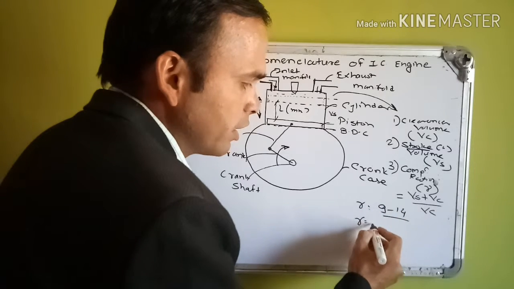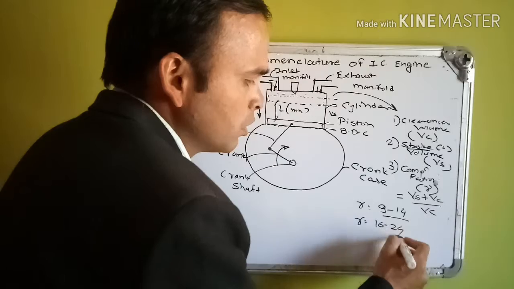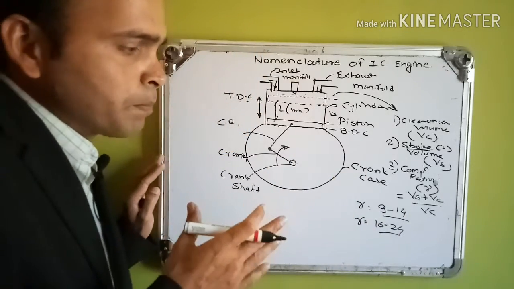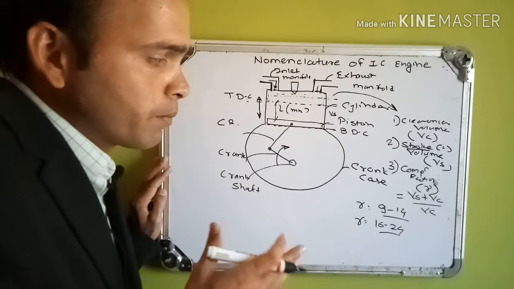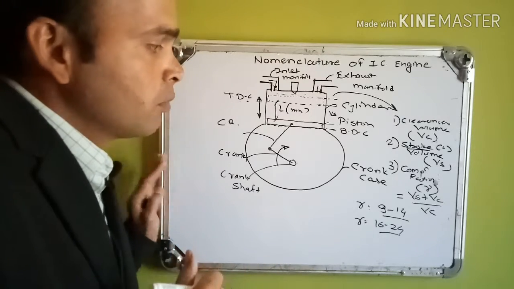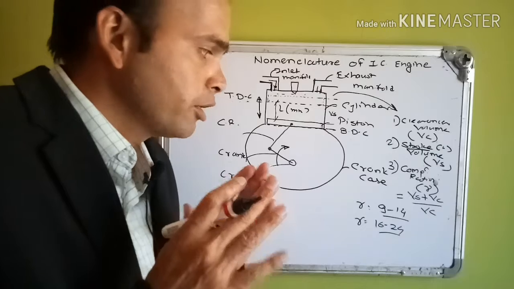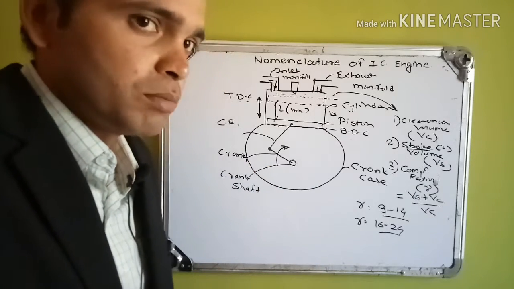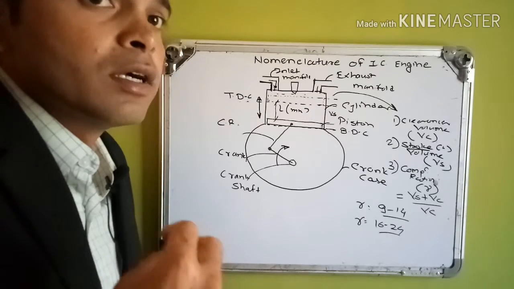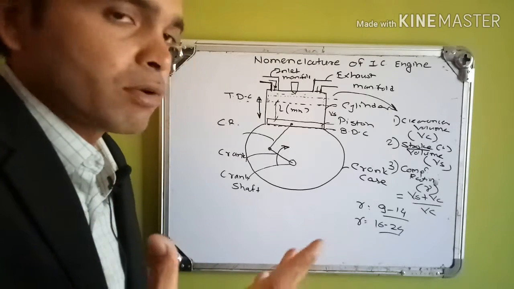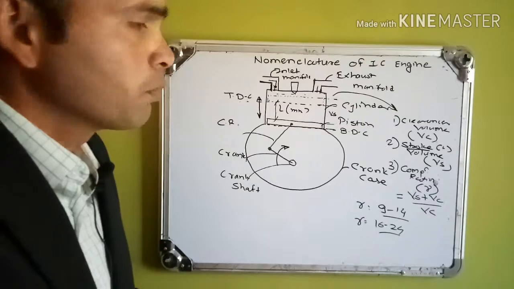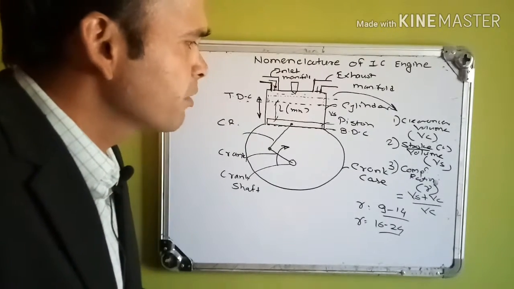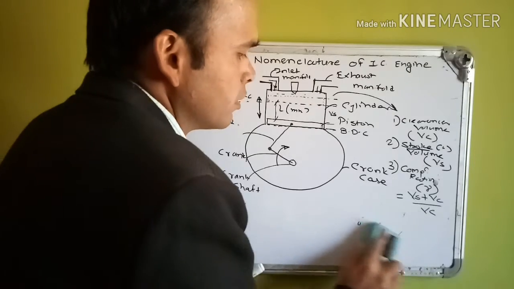And for a diesel engine, the compression ratio can be 16 to 24. These are general values that can vary by 1 to 2 on the higher and lower end. But generally a petrol engine has a lower compression ratio and a diesel engine has a higher compression ratio. That is because of the properties of petrol and diesel as fuels, which are required for burning in that particular engine. Now the next parameter that we have to understand is